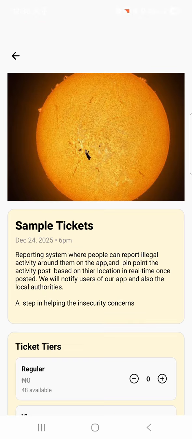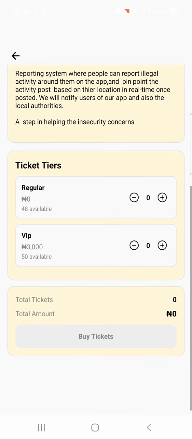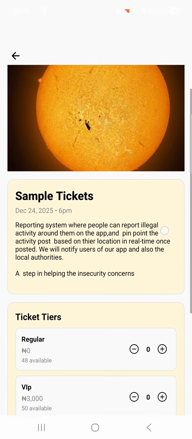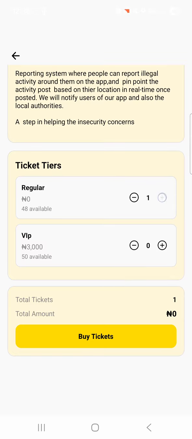This is a sample tickets. So people can also list tickets for their events. If you're hosting an event and you're selling tickets, you can list your tickets. So let's say this one is sample ticket. We have a regular, two regular. Let me say I need 10 regular tickets, and I need